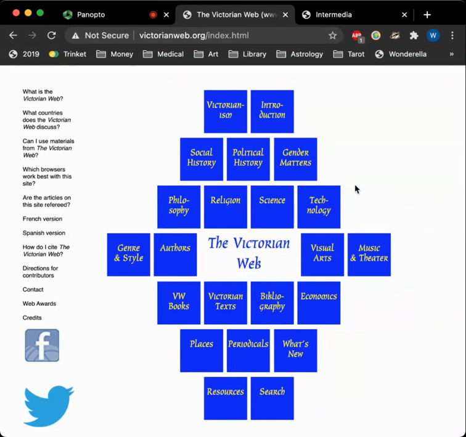I suppose one drawback is that for a digital library of this scale, it is easy to get lost, and, like I said before, it's not suited to get in, get out style searching. So if that's what you need, then this probably isn't the best library to use for that.